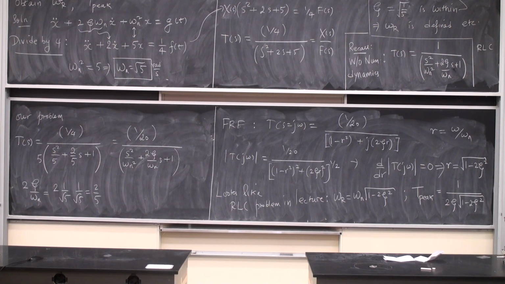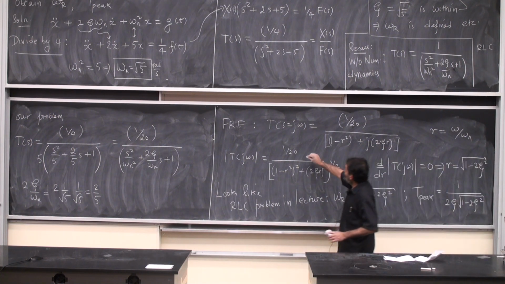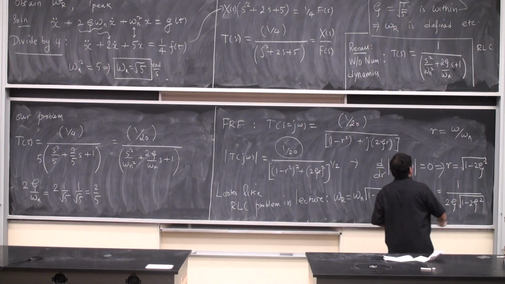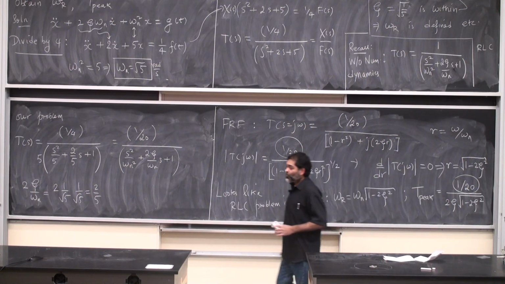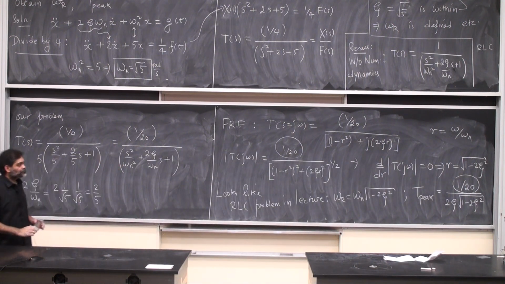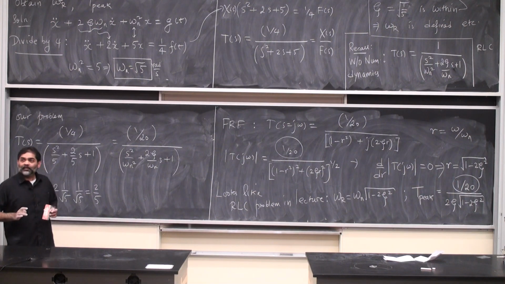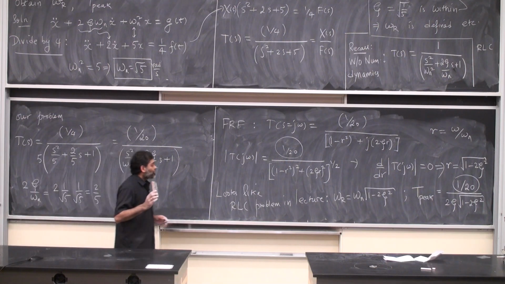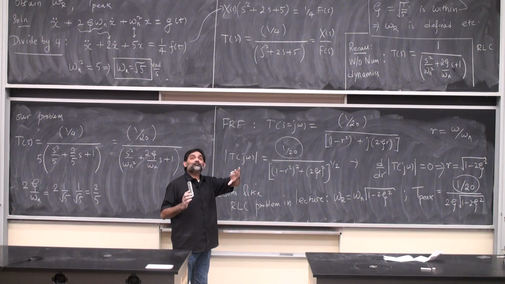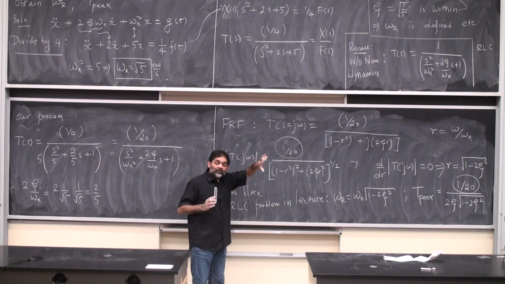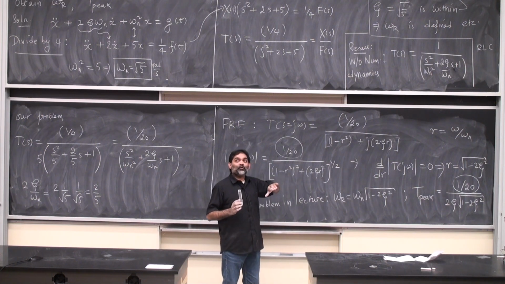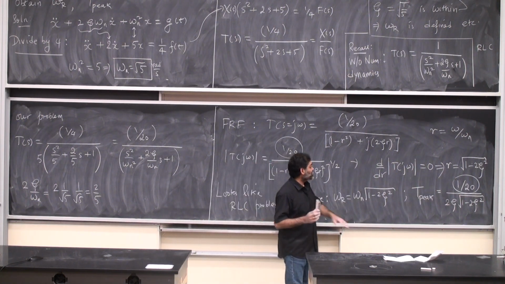If this were the RLC system with only 1 on the numerator, but here I have something else on the numerator, it's 1 by 20. So I take that creature and I put it on there. Does this make sense to everybody? Once again, it looks like the RLC problem. What's the only difference? The only difference is here the numerator is no longer 1, it's 1 by 20. In my RLC series circuit problem, when we did the differentiation and calculated T peak, it was 1 divided by